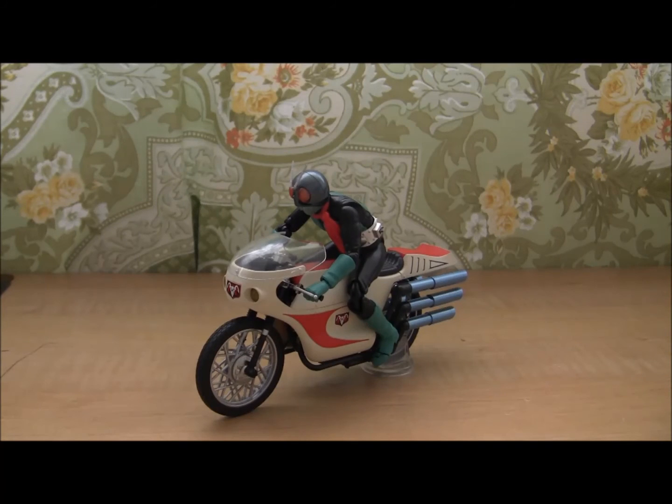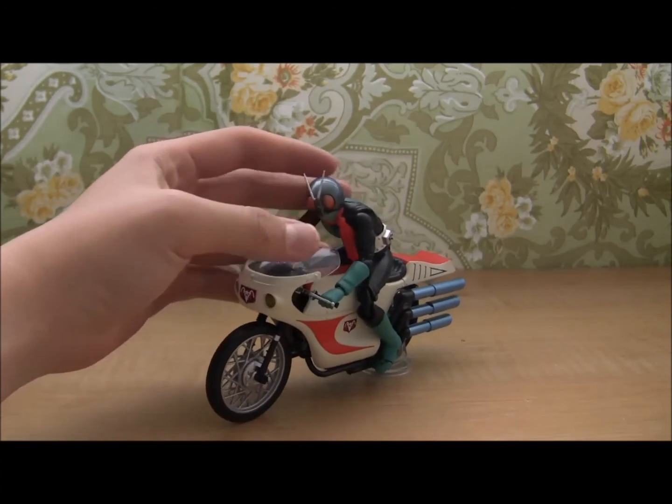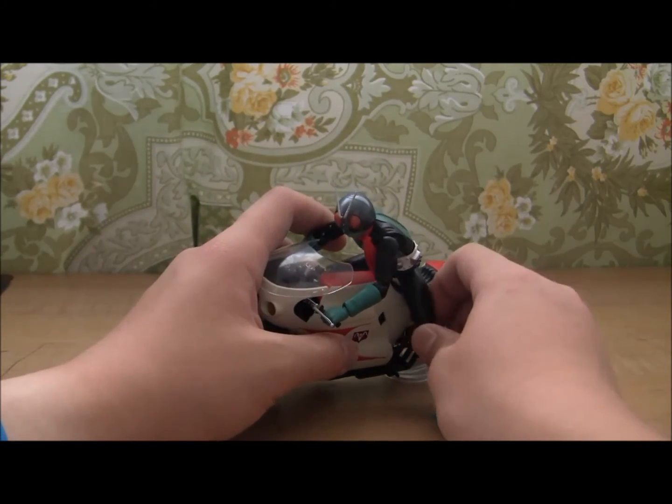So in the end, what do I think of this set? I love it. I love this set because Kamen Rider Old One fixed all the mistakes and all the problems I have had with the previous Kamen Rider 1, which I was stuck with, which was New One here. Even though I think New One is still a fantastic figure, I cannot deny the fact that Old One just blows it out of the water. The amount of accessories it includes, the amount of stuff it includes, how faithful it was to the episode,